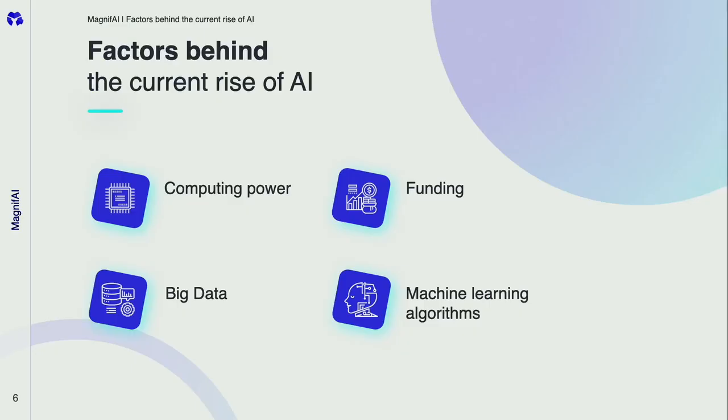But what happened? Why now? Why the hype we have today around AI? Well, there are several factors, but the main ones, I would say, are these 4. First of all, computing power. The exponential growth of computing power enabled us to process large amounts of data and train complex models much faster than before. So that exponential growth in computing power is factor number 1 behind the hype of AI, definitely.